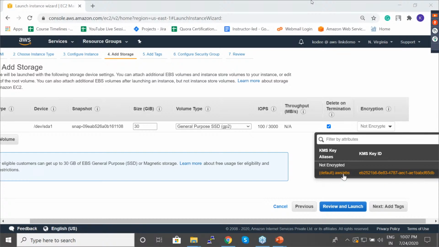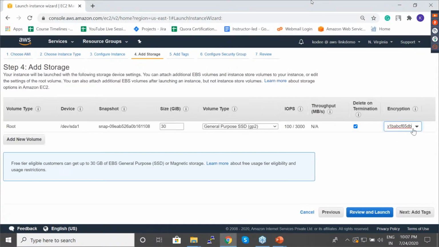You can either choose a default one, but right now you don't need encryption because you're not going to store any, let's say, sensitive data. If you're going to store that, you can just choose this. Basically, when your data goes in, it'll add a layer of protection. If it is coming out, it'll automatically decrypt and give you the data. So you don't need to do anything extra over here. You'll just have to select this key and you'll be set. That's it. But I don't need encryption right now.